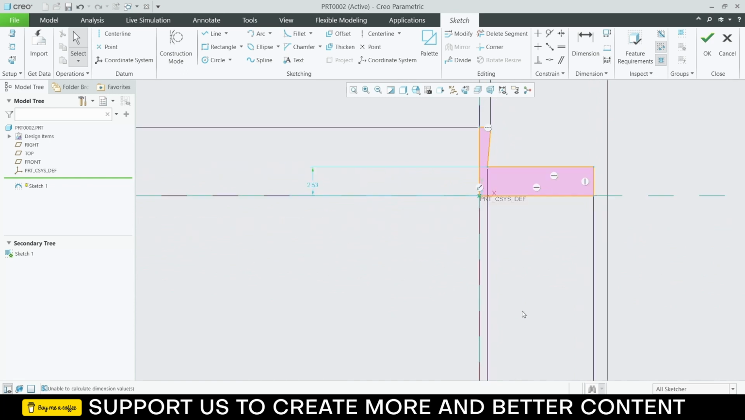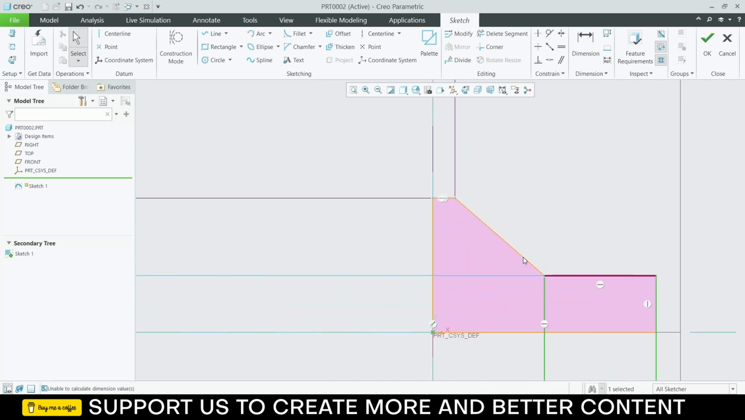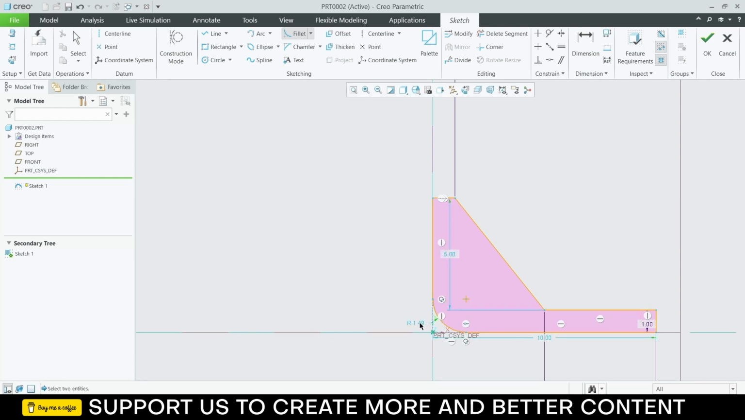Shift and double click on this, make it 5. And select this line, click on this, make it 1. Now I will click on fillet, select these two edges, click on dimensions, double click on it, type 1, click OK